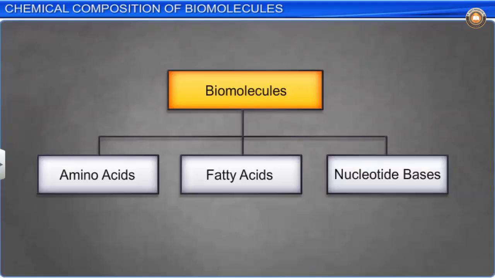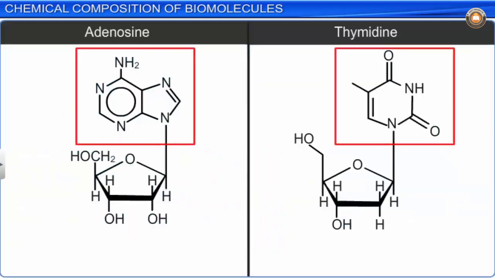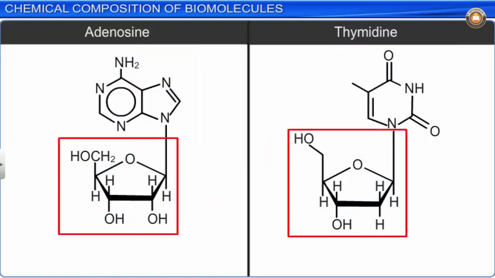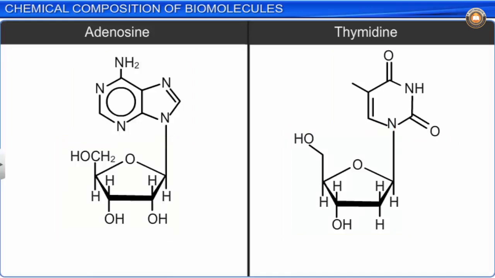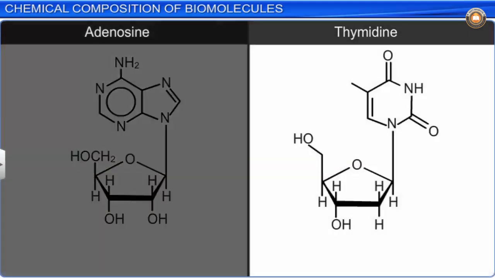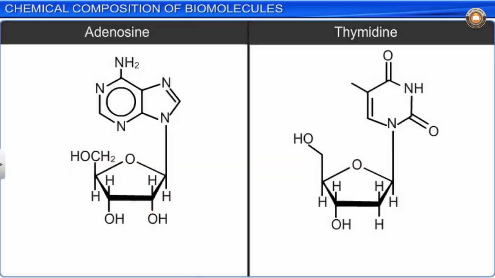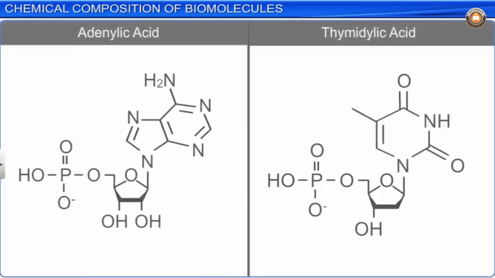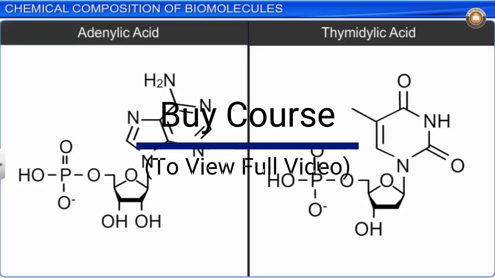When carbon compounds with heterocyclic rings are attached to a sugar, they are called nucleosides. For example, adenosine and thymidine. On the other hand, if a phosphate group is also found esterified to a sugar, they are called